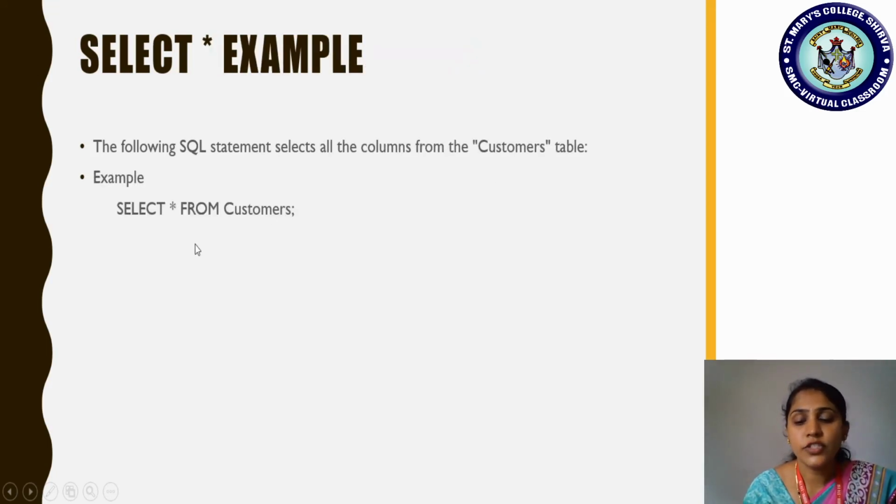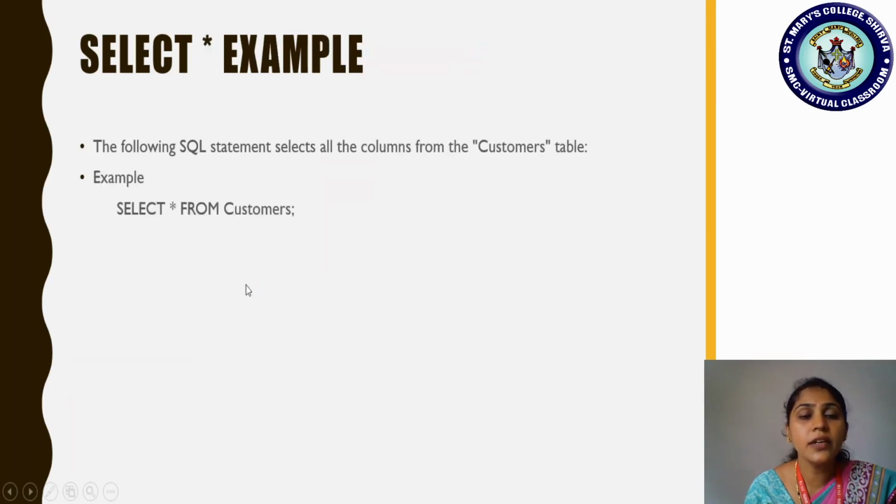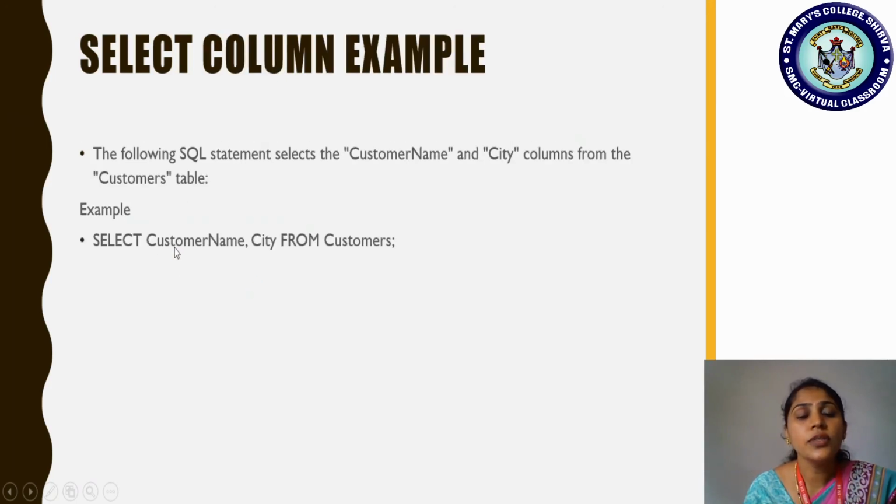That is, we are using which one? Select. So which columns would I like to view? Customer name, comma, which other column? City. Only two columns I want, so I mentioned only two columns. From is a keyword. Okay, so which table name is it? We are mentioning customers, so the meaning here is I'm trying to view the complete information from the customers, all the data in the customers with respect to their customer name and only city. So all the 5 records will be displayed, but how many columns of information will be displayed? Only 2, customer name and city.